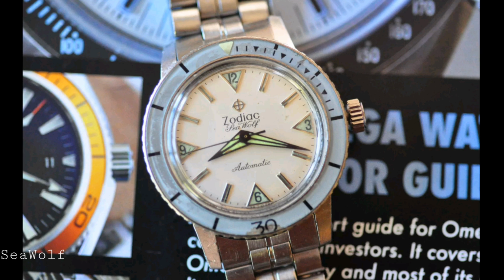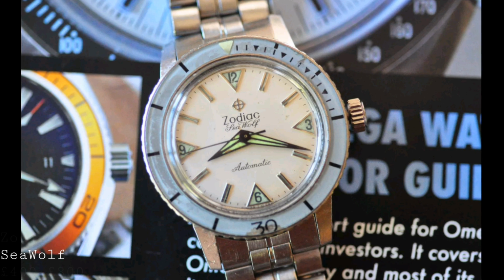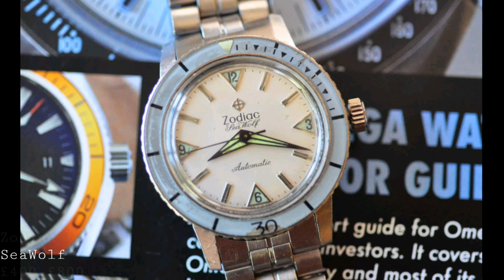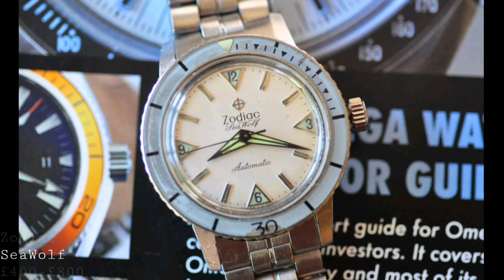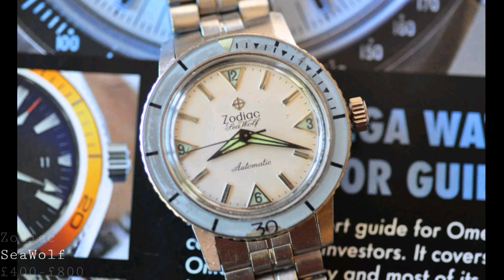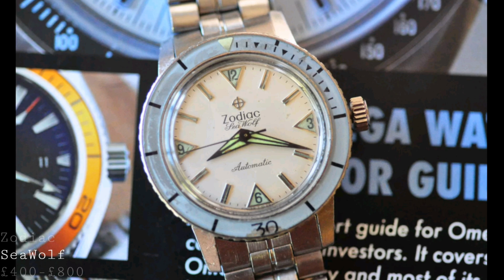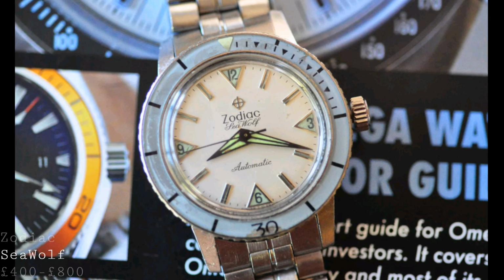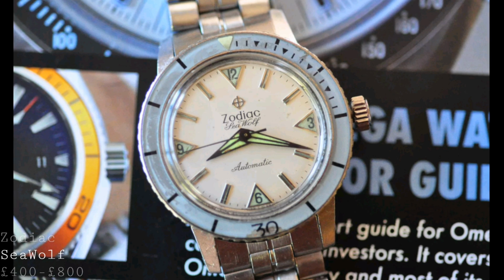And it has a truly unique dial in the watch world, with the numerals and the indices, so I suppose you get your cake and you get to eat it in this case, because you have the numerals at the quadrants of the dial, but you do also have those lumed indices. And it has a baker-like bezel as well, which is something which I personally find very, very appealing in its soft look, I suppose, which is very different to sapphire or indeed ceramic, and certainly is a vestige, I suppose,